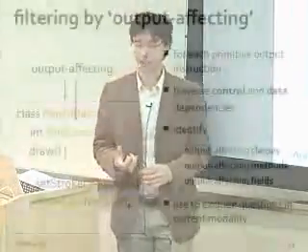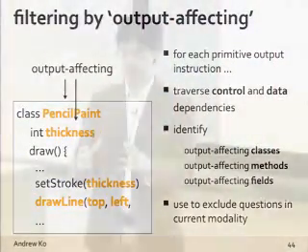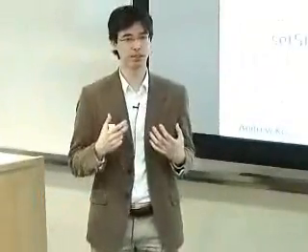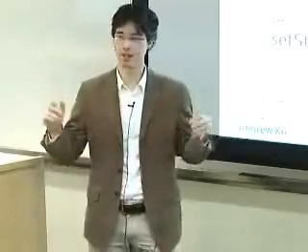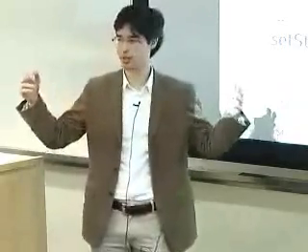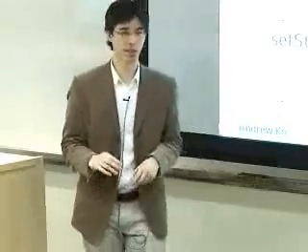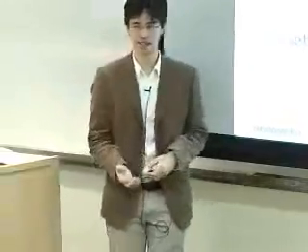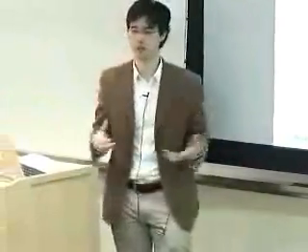Another kind of filtering that I do is filtering by modality. So if you're asking questions about graphical output, you need to be able to filter out questions about textual output and all of the things that indirectly affect it. So I start from those low-level primitives and trace back all of those control and data dependencies and find other classes and data structures and fields that indirectly affect those types of modalities. And so I can also filter in that sense by dropping out all of the textual questions when you're looking at graphics. And this is another way of reducing the size of these question menus.